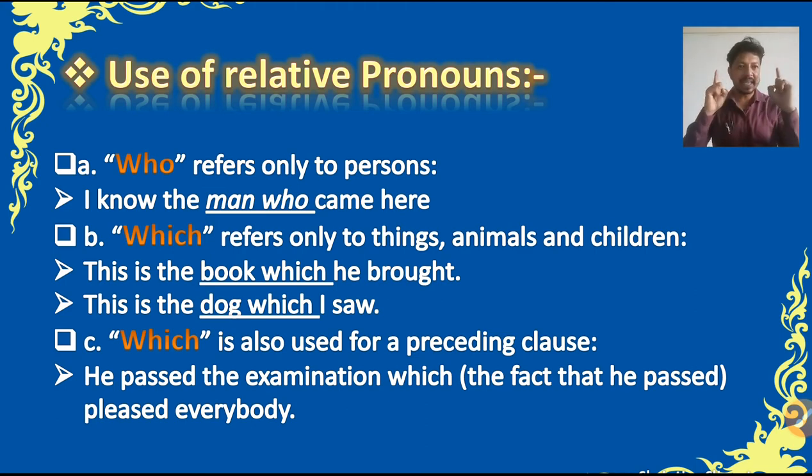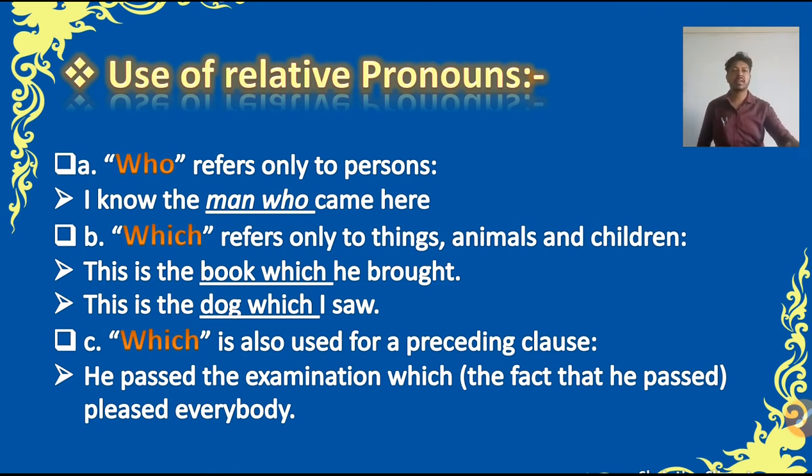So it is a single sentence, but if you follow that sentence very carefully, you will find there are 2 sentences. First is I know the man, full stop. Second is the man came here. So using who, the relative pronoun, you can join two sentences, such as here, I know the man